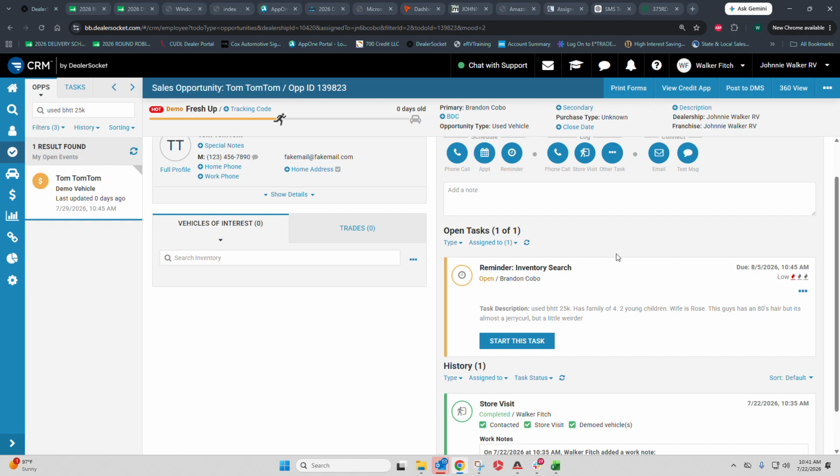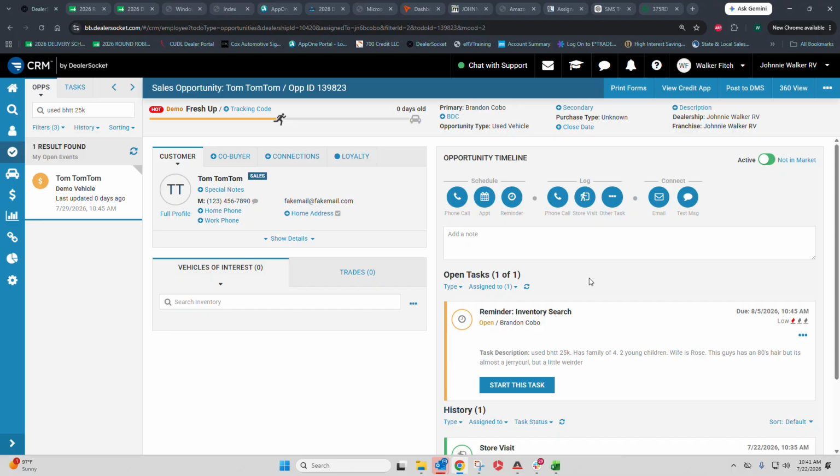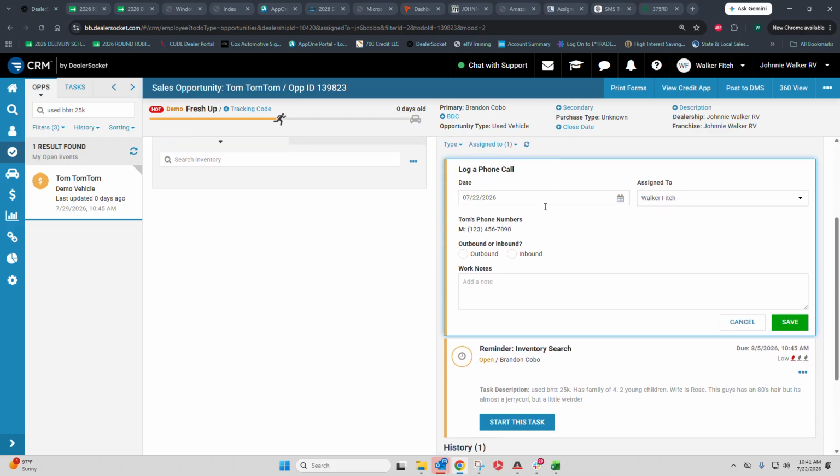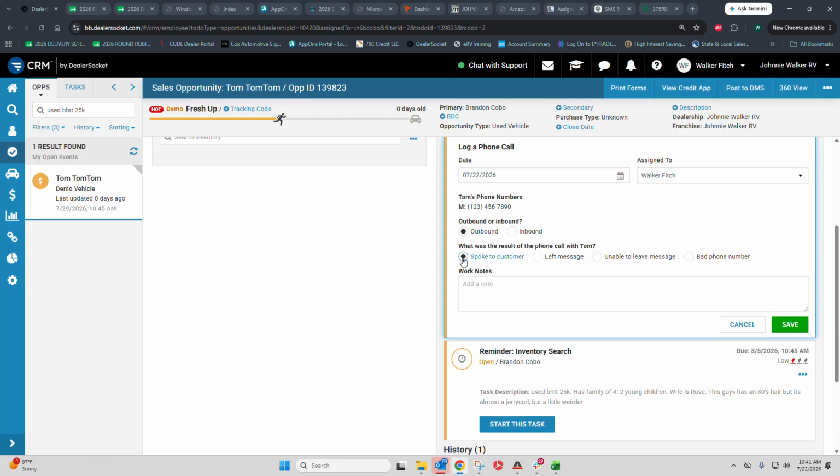The thing is when you have these automatic follow-ups set up, it's probably a good idea to call this customer. So we're going to act like we called Mr. Tom, and we're going to log what happened. So you have three options here. You can either log a phone call, log a store visit, or log another task. If you're following up via phone call or a text message, text messages are going to be right here. Then you click this. If you want to follow up via phone call and you connect with the customer, you're going to log a phone call. It's going to be an outbound call. We spoke to the customer, called this customer to let them know I am still looking for them